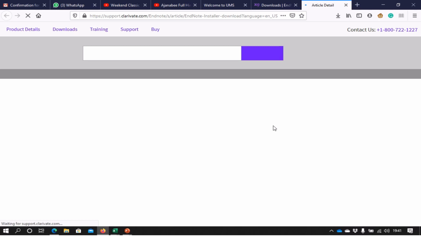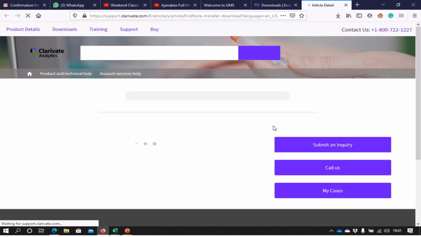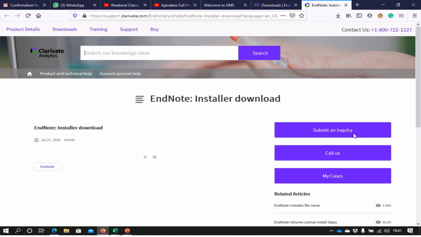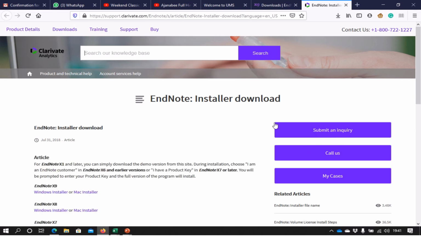Now when you click on this, it might ask you to fill in a form. Sometimes it is on another site. Submit an inquiry means you are going to fill in the form on this part, or you can directly download it from this part on your left hand side.